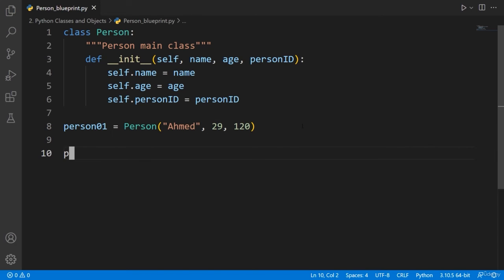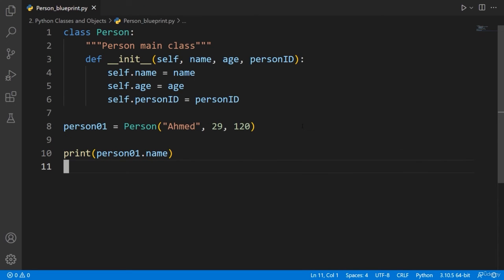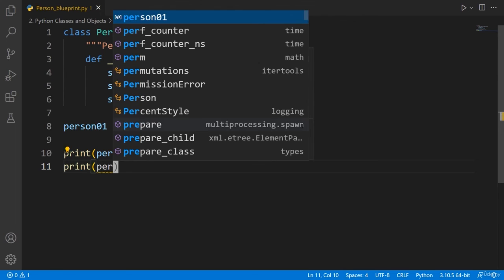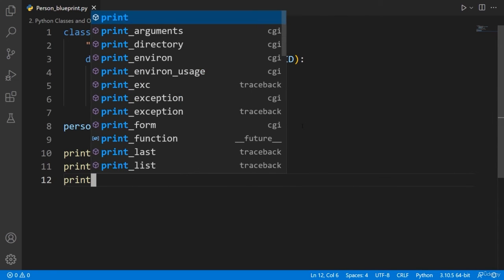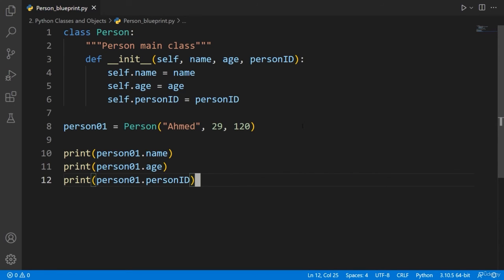To print out or to access any value from these values, or name or age or the person ID parameter or instance attribute, you can use the print function, and inside the round braces of the print function, put the object name followed by the dot notation, and after that dot notation you can access any instance attribute from inside the person class. Simply exactly as you can see here, person01.name, then person01.age, and the last one person01.person ID. This will give you Ahmad for this current instance for the person01 object,